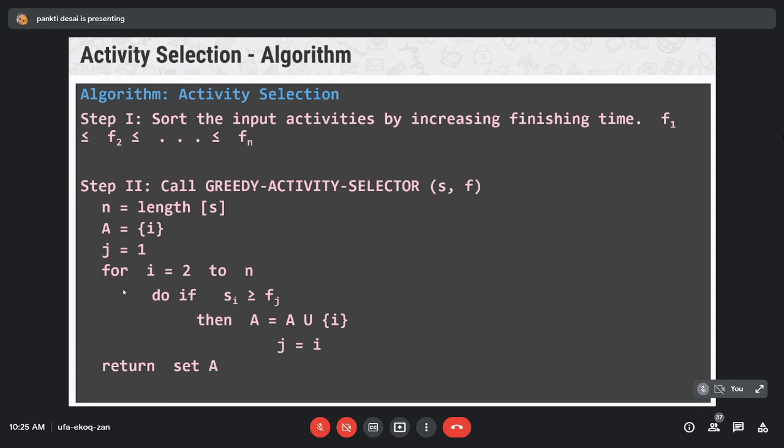It's a simple single for loop algorithm. Using this algorithm, find the time complexity. You already learned how to find the time complexity for many sorting and search algorithms. So what's the time complexity?